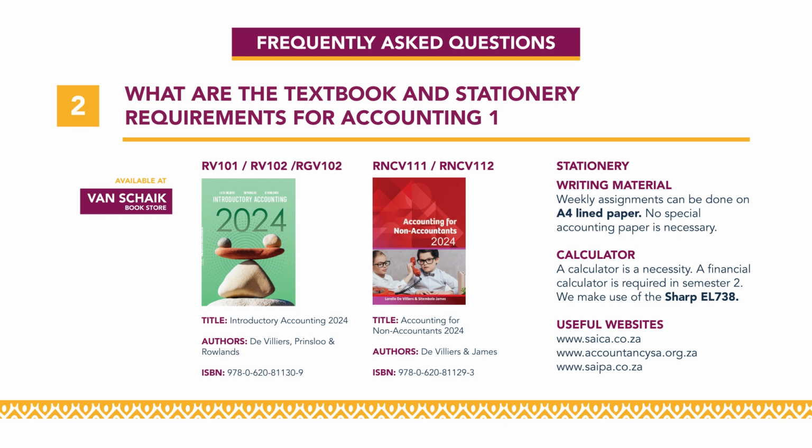Weekly assignments can be done on A4 lined exam pad paper. No special accounting paper is necessary. A calculator is a necessity. A cell phone may not be used as a calculator in a test or exam. A financial calculator is required in semester 2. The financial calculator we use is the Sharp